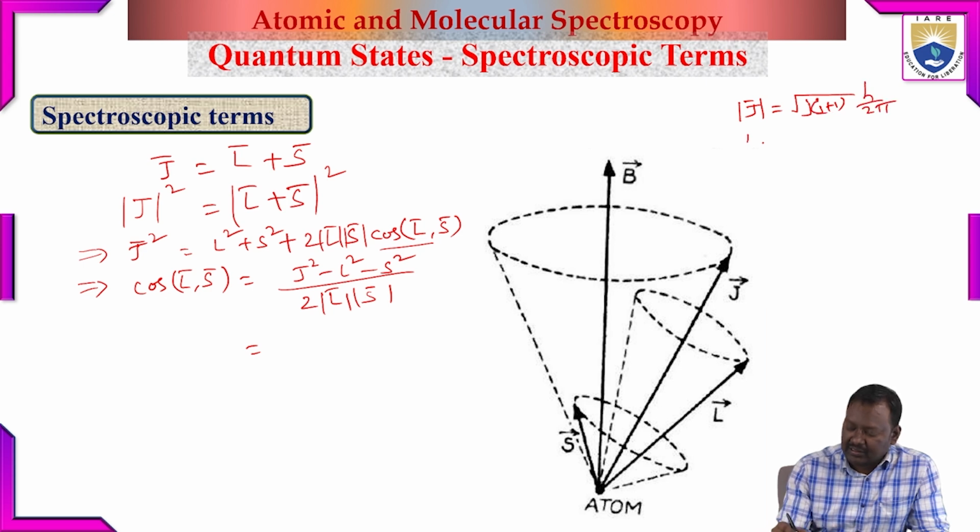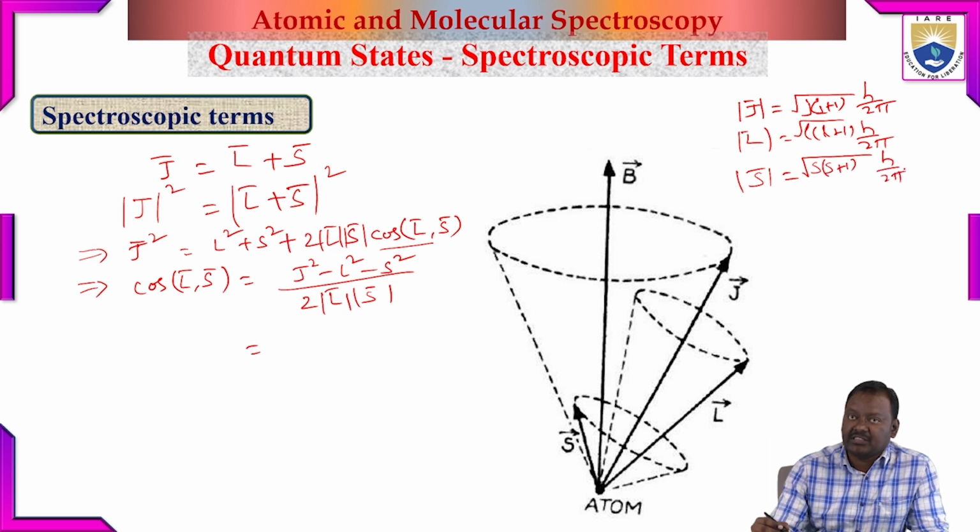The magnitude of L is square root of L into L plus 1 times h by 2 pi, and the magnitude of S bar equals square root of S into S plus 1 times h by 2 pi,